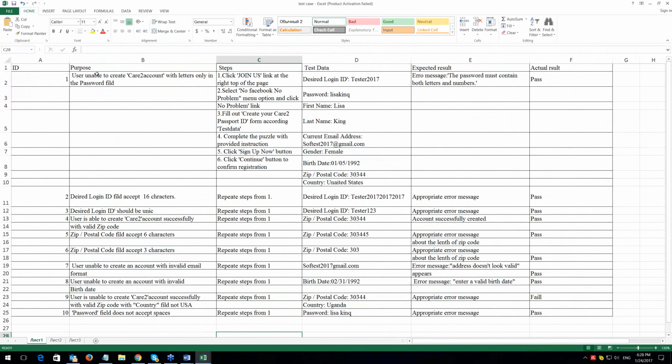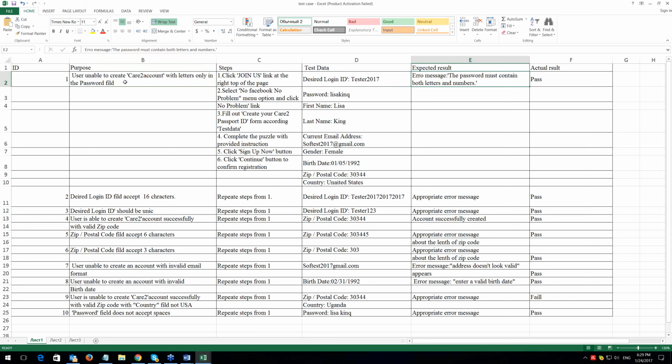And again, my dear, this is good, but I would write the purpose a little bit differently, because again, whatever we have here, user unable, cannot create Car2 account with letters only in the password field, it will be the expected result. So I will say that user is unable to create the Car2 account with letters only, the error message, the password must contain both letters and numbers, is displayed.